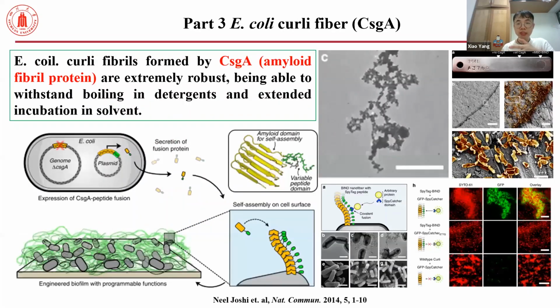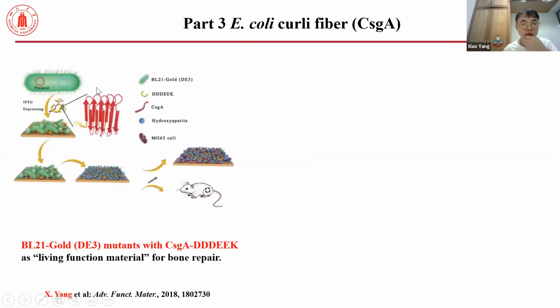So this work is published by my supervisor at Harvard, in the New Jersey group. They use this CsgA. This is a secreted protein that is formed by E. coli, and they use a different peptide domain on this side, and it can achieve different functions due to the different peptides. So inspired by this work, we use the DDEEK on the